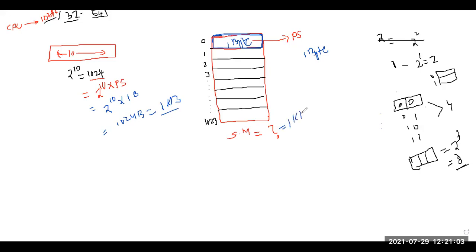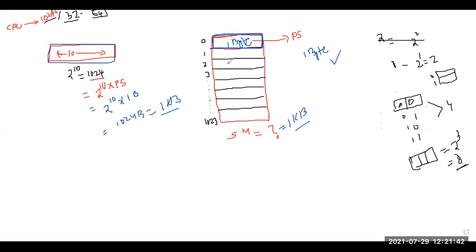1 KB. So what we can conclude is, if I have a maximum of 10 bit register, or the CPU supports 10 bit, if the CPU is using 10 bits for address generation, then what is the maximum number of locations? The maximum number of locations is 1024. And what is the maximum size of memory supported? The maximum memory size supported is 1 KB if it is byte addressable.